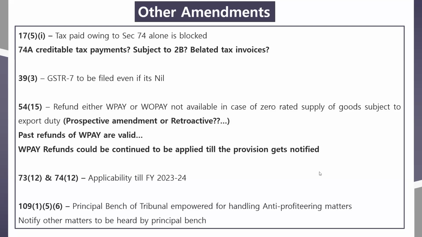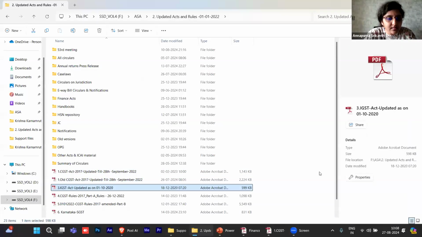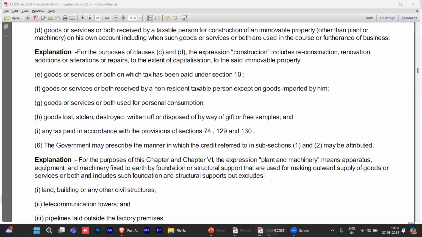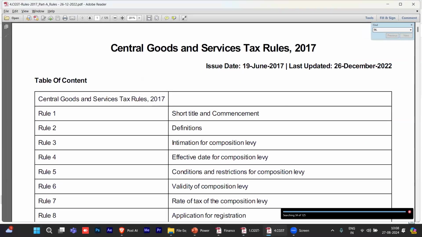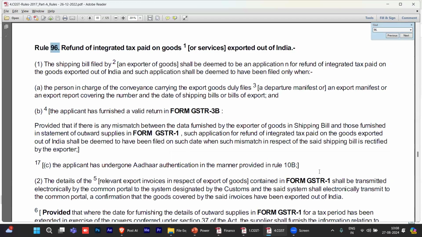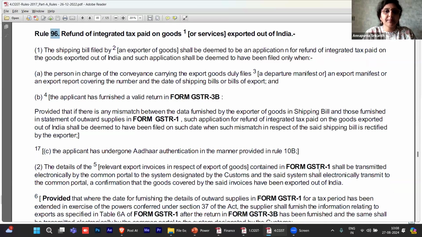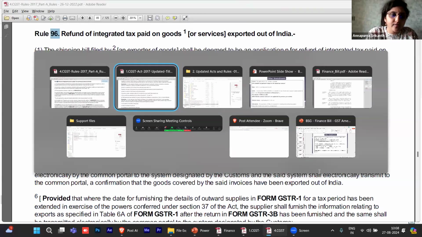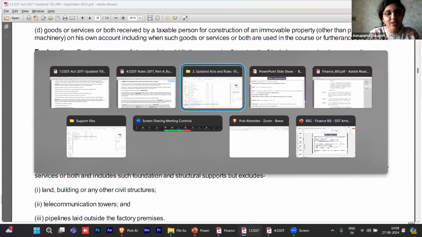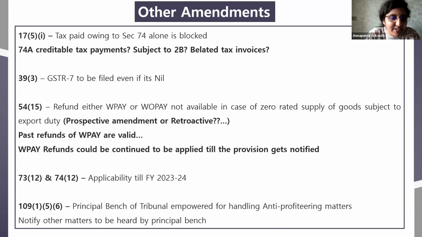The rule says that your shipping bill is whatever 18, and I think you can just check on. I think 96. Sorry, 96. I don't know about all these rules. Yes, sir. Shipping bill itself is the application, sir. Correct, sir. So the date of shipping bill will decide the end of this, with payment refund option. Yes, sir. Thank you.